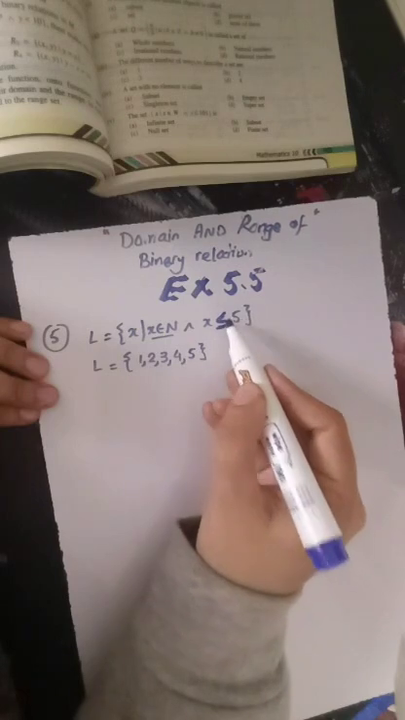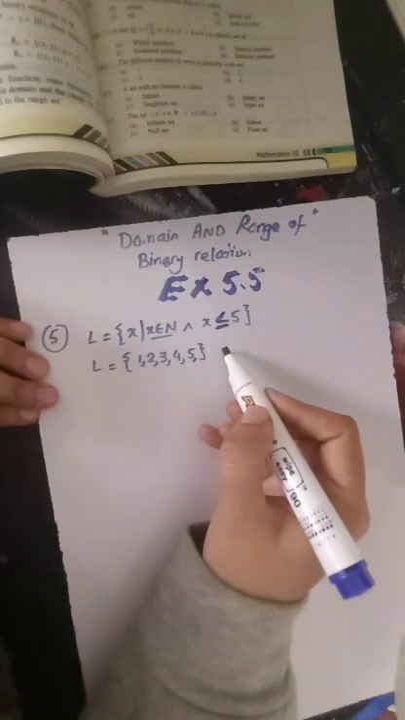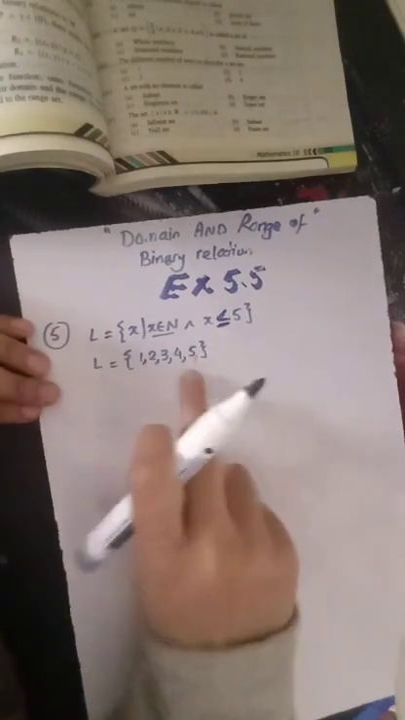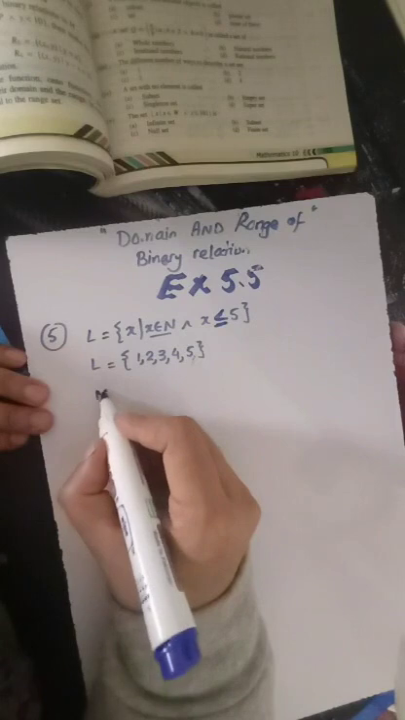Either it is equal to 5 or less than 5. We know that after 5 we get natural numbers which are greater than 5. So this will be the set L according to the given condition. Set M is